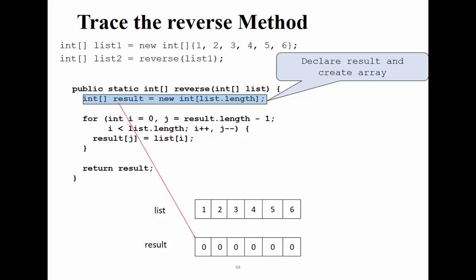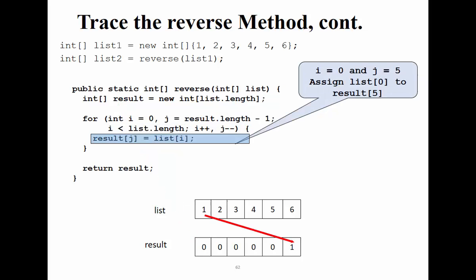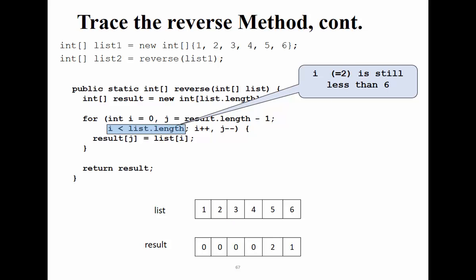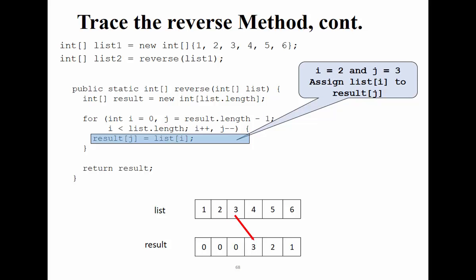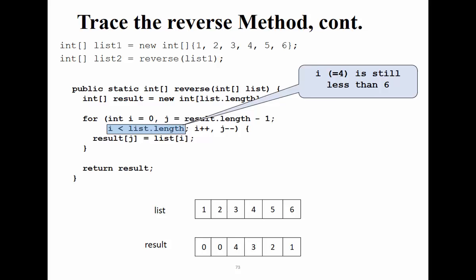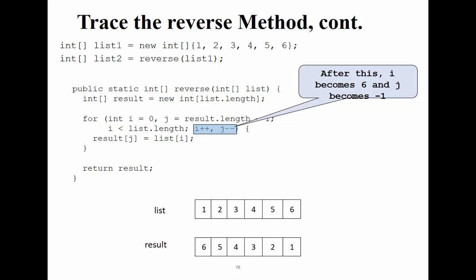Now, this is a trace for the execution of the previous question. I'm going to go over it quickly. We ask about the list and then we start copying the elements of the array. We have two indices inside the for loop, so at each iteration we pick an element and we store it at length minus that element. So this is a slide to trace the execution. Any questions? I might ask you in the lab test, after executing this loop at iteration number 5, what is the result? Yes?